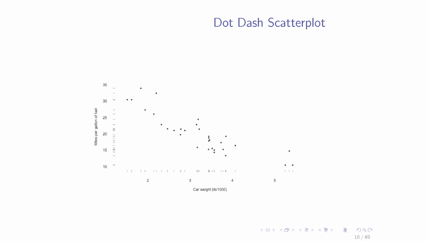That's another one that I don't think has caught on, but it's an application of this principle. So you're not wasting any information. You have a lot of information on the distribution of the car weight, a lot of information on the distribution of the fuel,